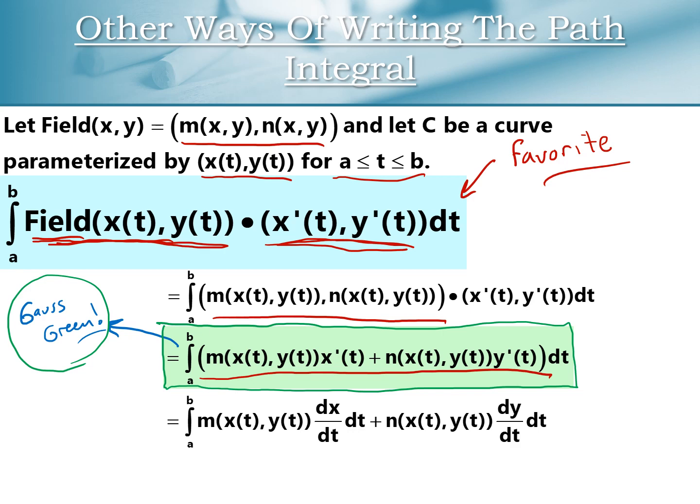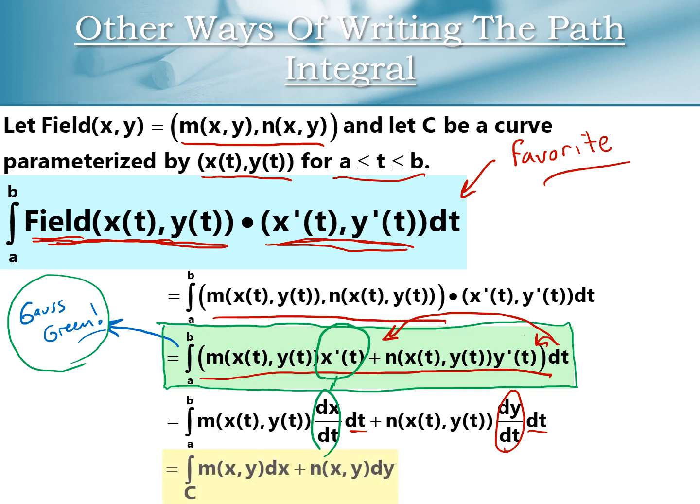If you deparameterize though, if you kind of do this chain rule thing in reverse, so you write your x prime of t as dx dt, and then we kind of, quote unquote, distribute the dt into each of these. You could kind of imagine the dx dt and the dt kind of canceling in a chain rule sense, and your dy dt and your dt canceling in the sense of a chain rule. And we can deparameterize this to the path integral along C of M of x, y dx plus N of x, y